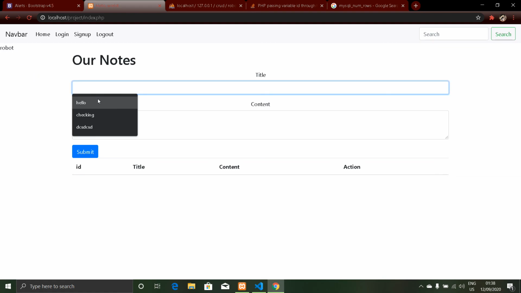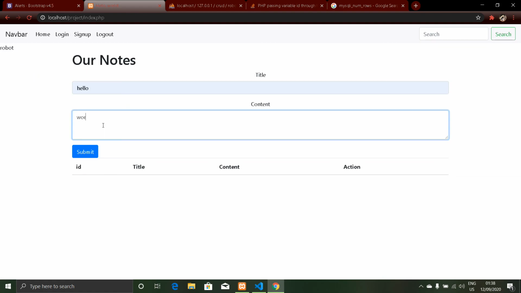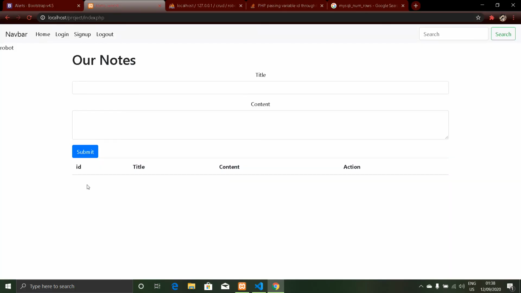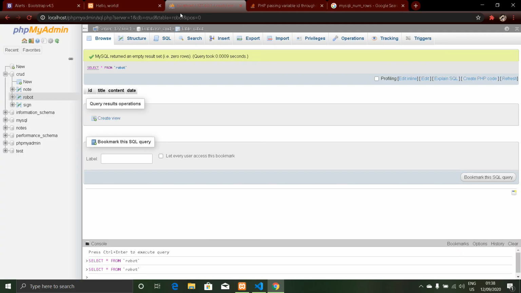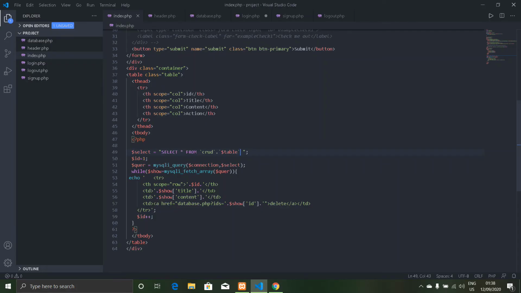Okay, so now robot is adding hello, but we are already submitting. So something is wrong. Let me check here. Robot. Okay, so the query is not done. Why so? Okay, so table and then some query. Okay,